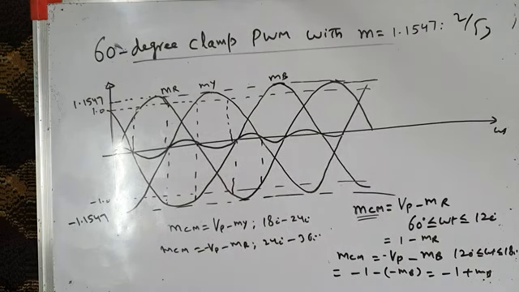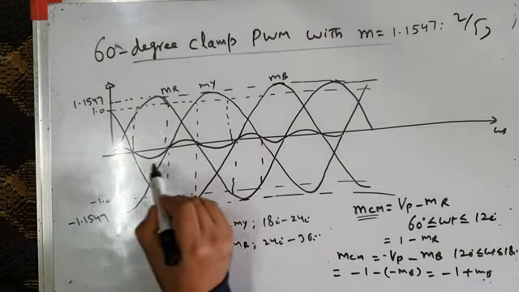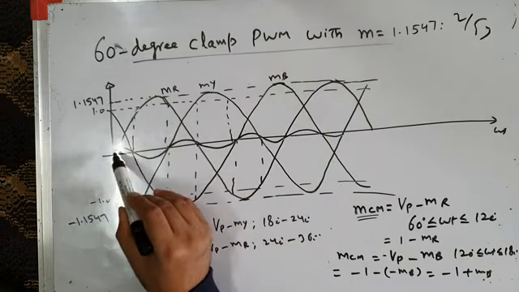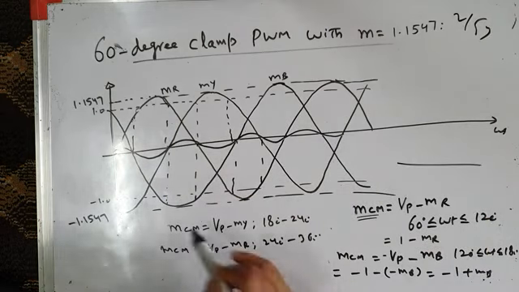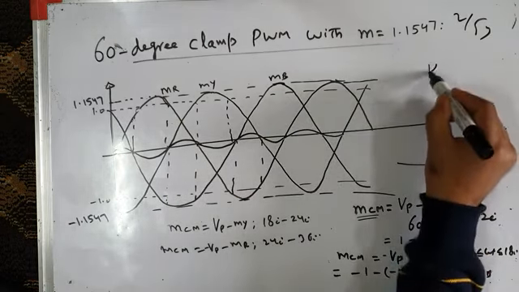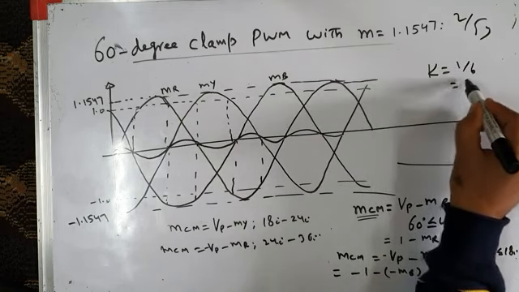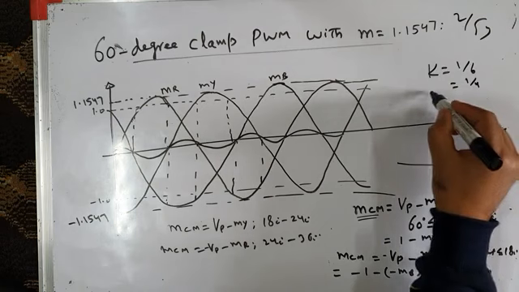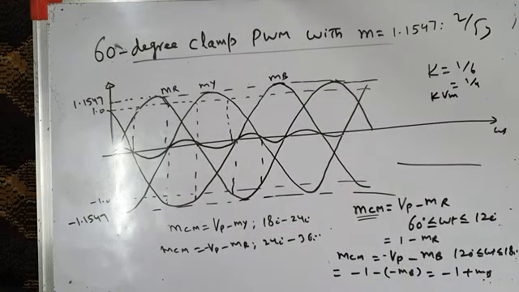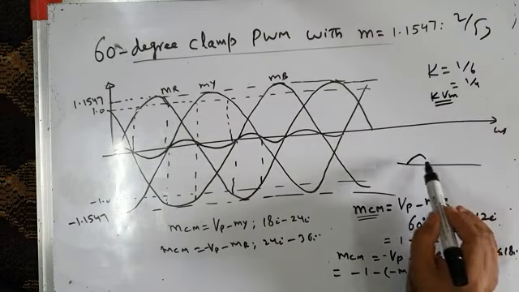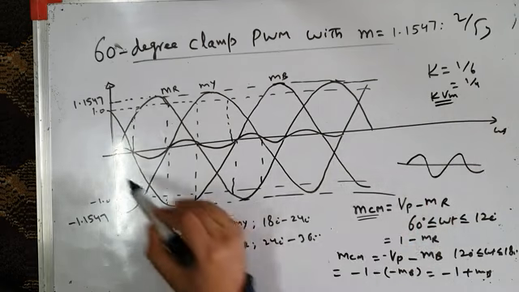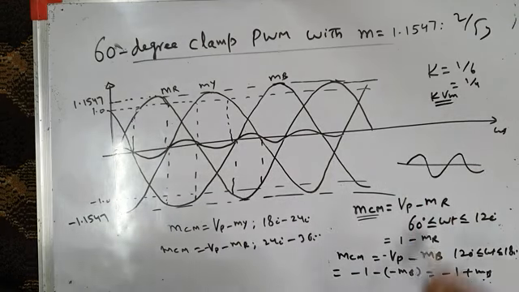Now you may get confused here. You may say, sir, we have already studied third harmonic injection PWM in the previous lecture, and that was looking like this. In third harmonic injection PWM, we were injecting a third harmonic component. But if you remember, that third harmonic component was not calculated in this way. We just assumed some value of k, say k equal to 1 by 6 or k equal to 1 by 4, and then we calculated kVm. After calculating the peak value of that third harmonic wave, we just injected that waveform. And that was purely sinusoidal.